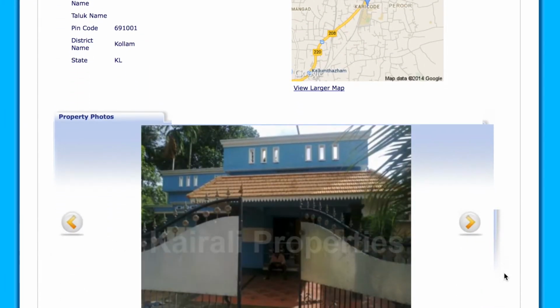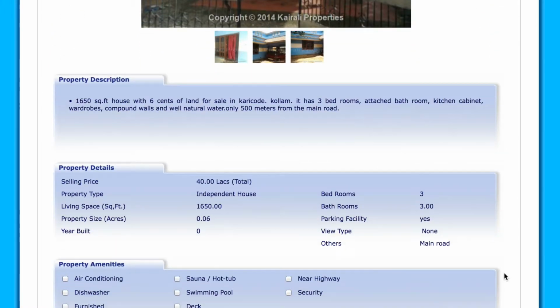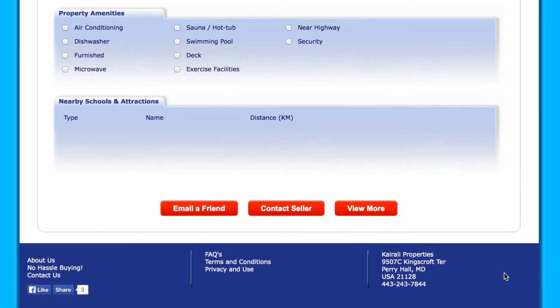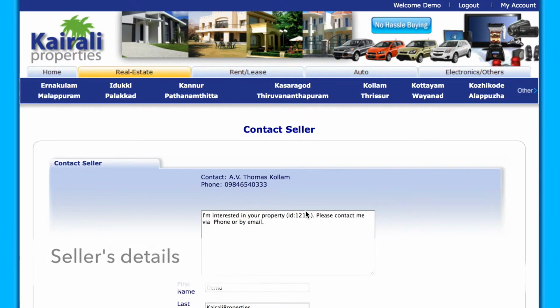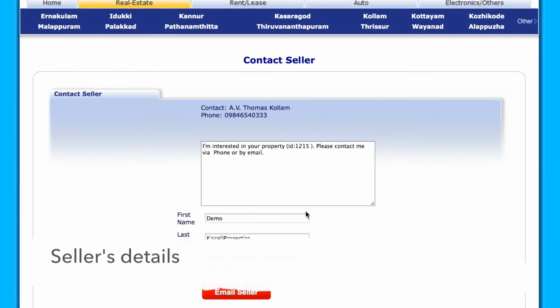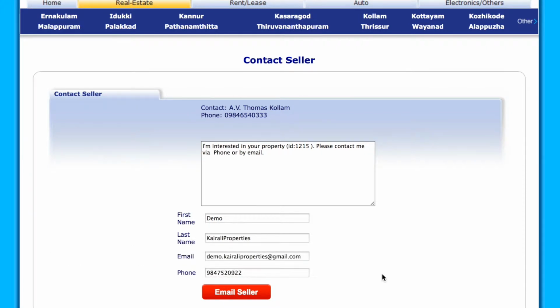As we come down the page, we can see all the details associated with this property, including the images. Once the details are reviewed, you can contact the seller by clicking on the Contact Seller button. This will show the contact details of the seller, and you are welcome to contact the seller regarding the sale